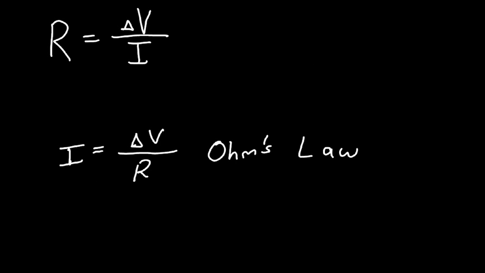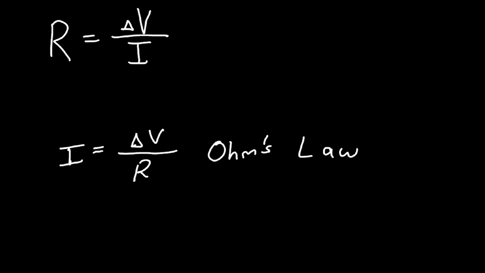When we talked about resistance, we used this equation, delta V over I, as part of our definition for resistance. The idea was that if we have a big drop in energy, we would expect that we'd have a lot of current flowing. But if it doesn't, that must be an indication that the component we're trying to have the current flow through has some property to it that makes it difficult for current to flow. So we looked at resistance as this ratio between potential difference or voltage drop across a component and the current